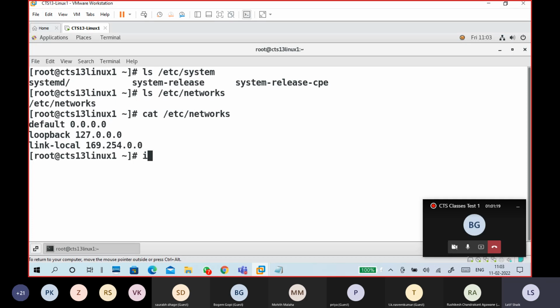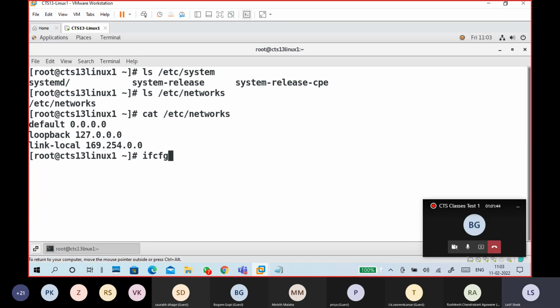I want the ifcfg-ens37 file, or at least ifcfg. I want this file. How to find it? Please tell me, what is the command?